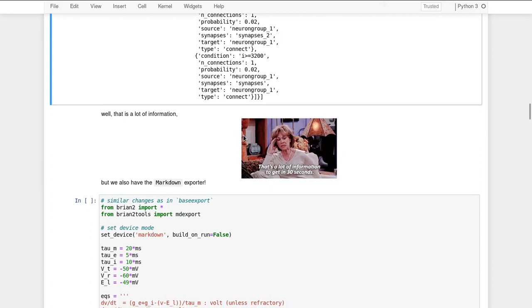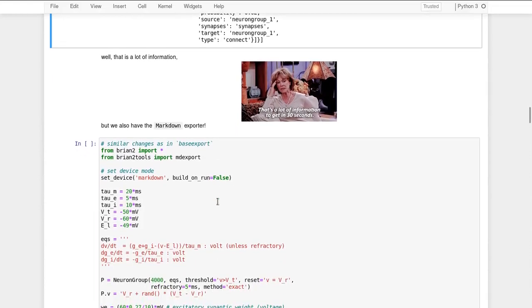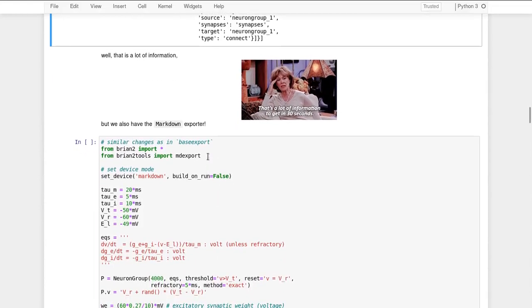So we also created a Markdown exporter. The Markdown exporter is something which uses the base export information to render Markdown strings. To run Brian in Markdown export mode, we again use the set device feature, and instead of the base exporter device, we mention Markdown to run it in Markdown export mode.